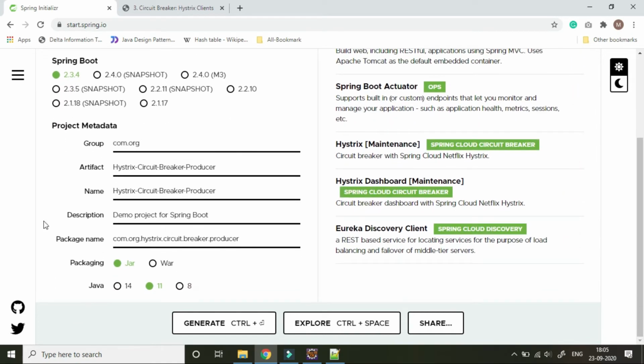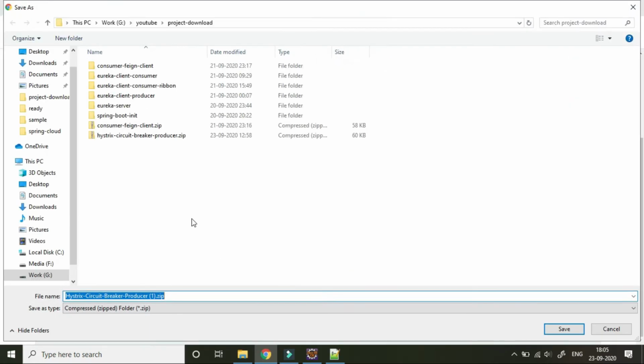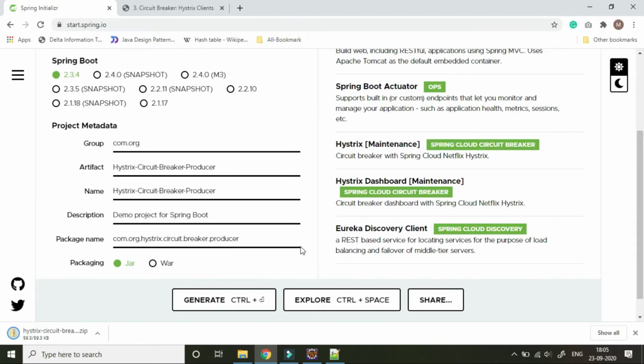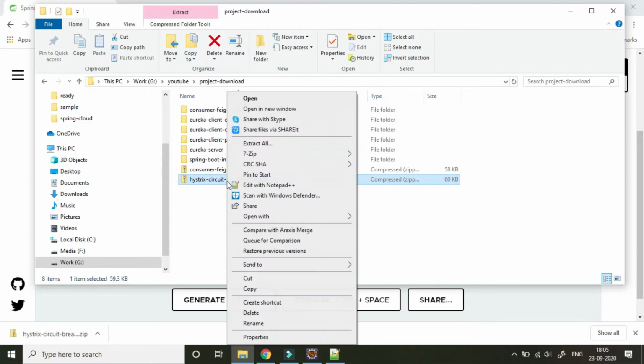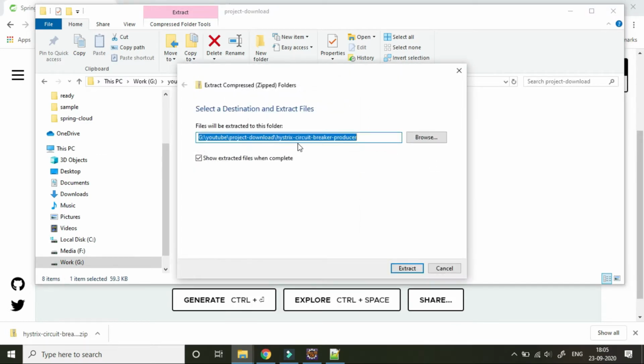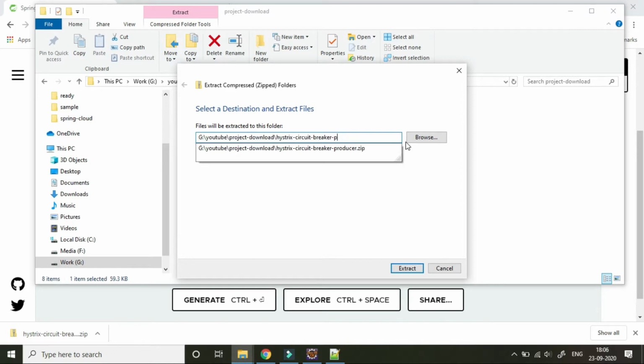So now we will generate, extract it and import it as an existing Maven project.